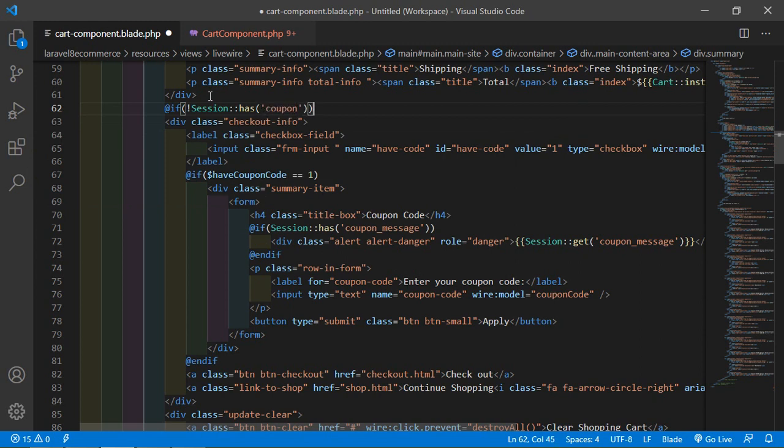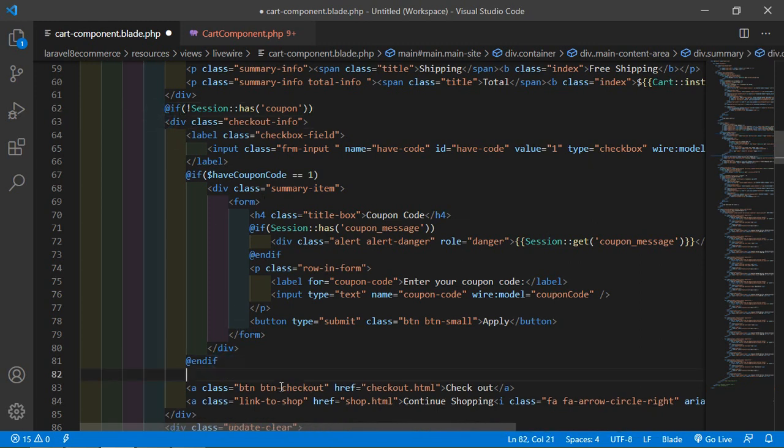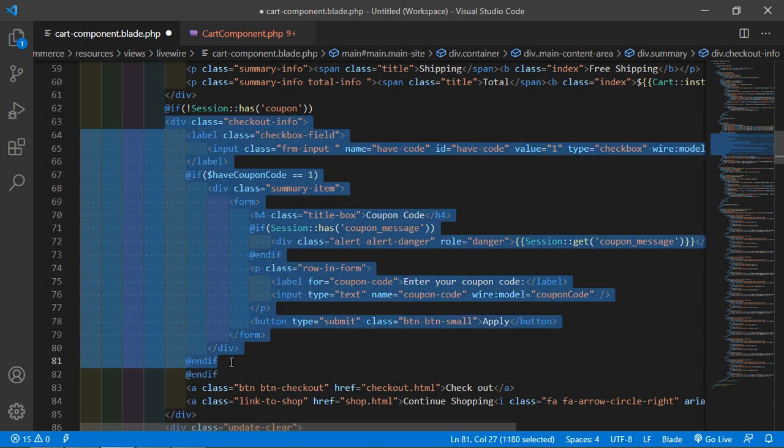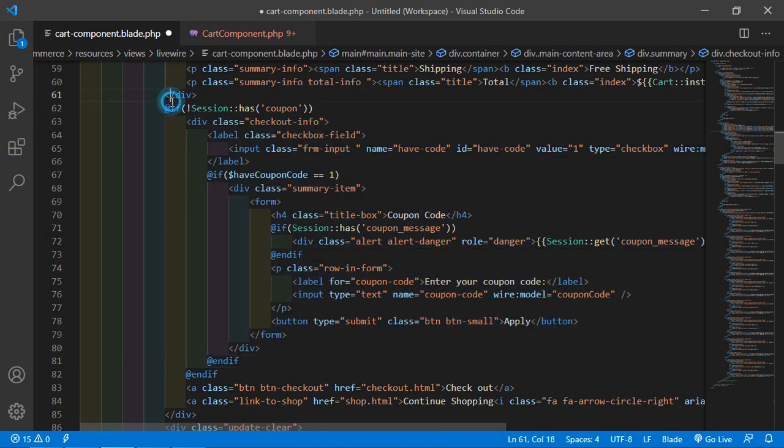Okay, then show this, otherwise hide this. So after this, just close here this if directive. Right here endif. Okay, and give some padding, so just select and press tab. All right, now save this.